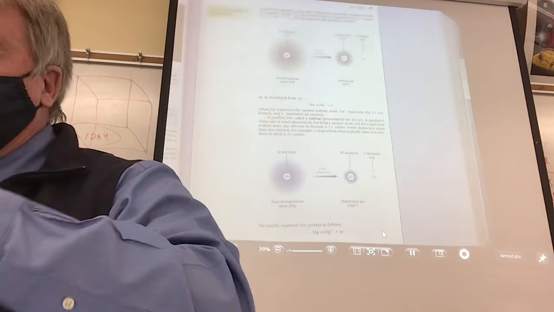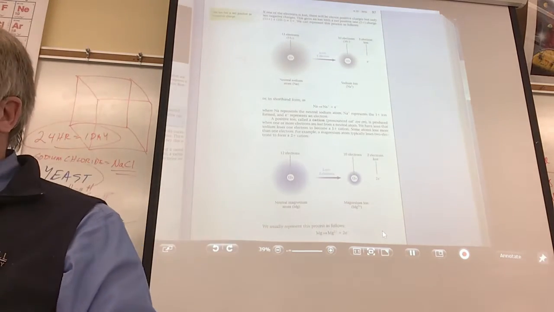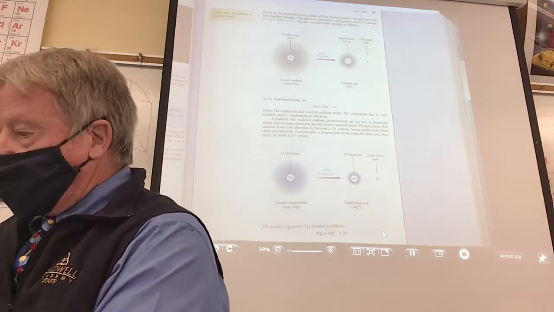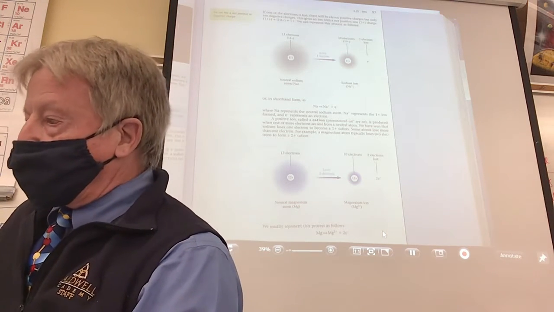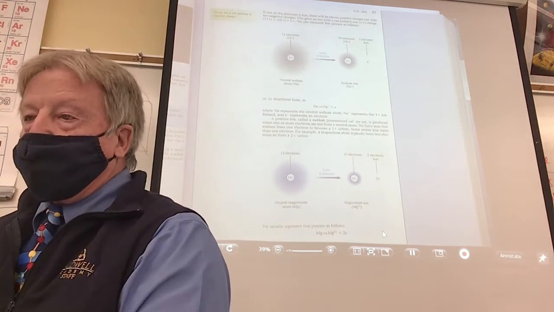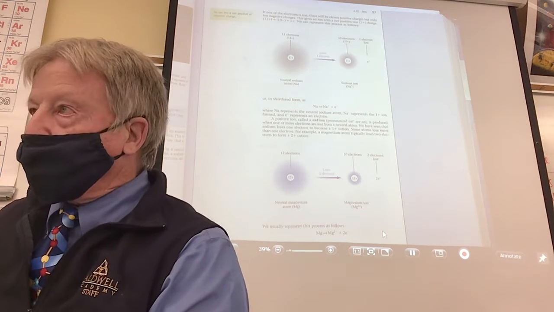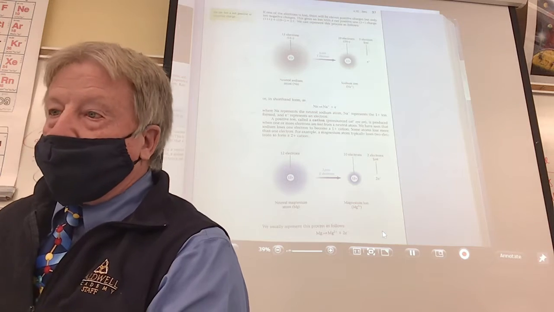Now the last part of the chapter, I want you to pay attention up here at the periodic table. And let me get my laser out because I'll be pointing out things. If you happen to have your book with you, I do allow the students to write in their book. So if you want to write in your book, it might help you a little bit here. If not, you can take notes.